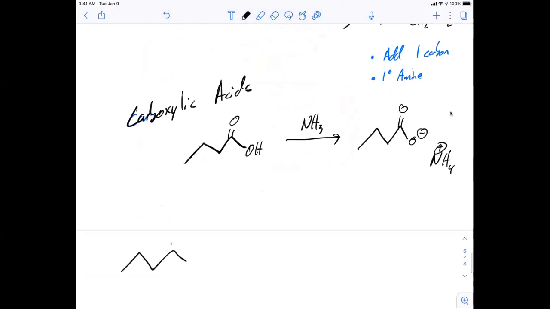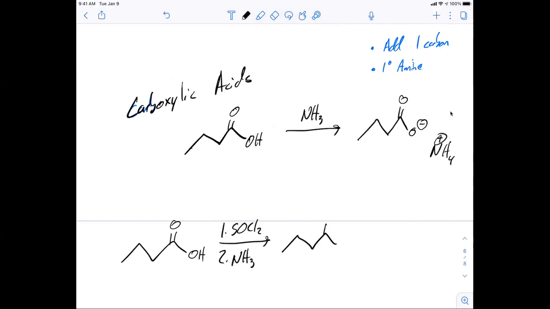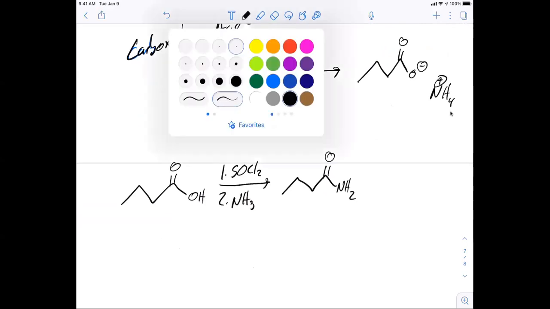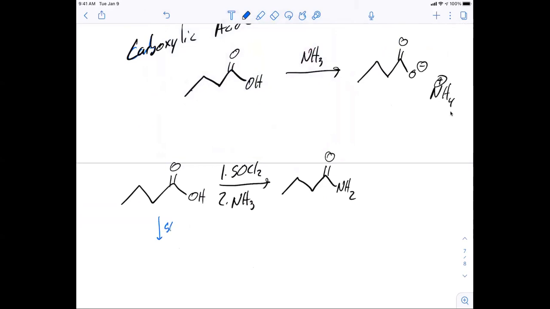But if I take that carboxylic acid and convert it to the chloride, right, then I can make the amide,